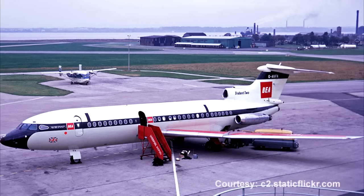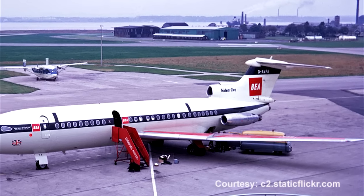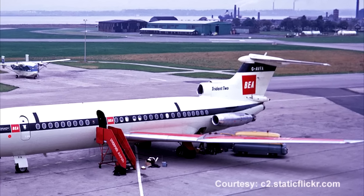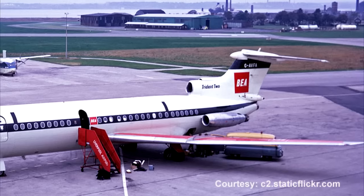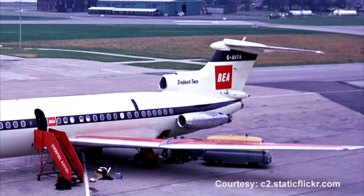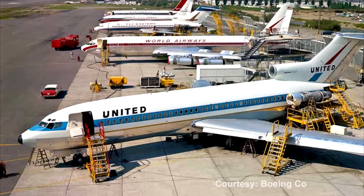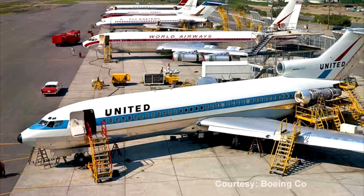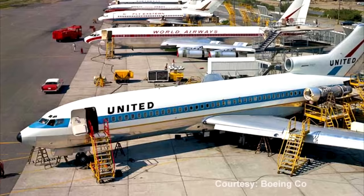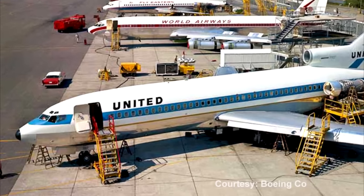The Trident probably could have been a lot more successful if it hadn't been point designed for BEA, and it didn't have the size or the range. That was the problem with the Comet too, really. It was designed for one or two operators, and I think the industry realizes now that you've got to design an airplane using inputs from a wide spectrum of potential customers so that you get it right. And the 727, of course, was